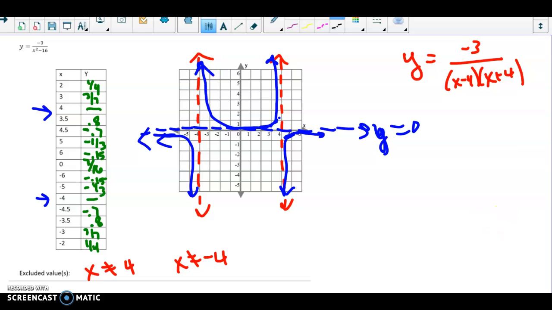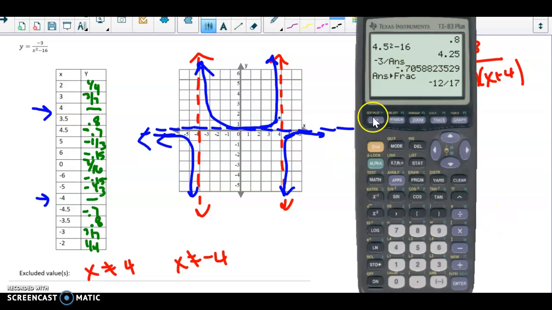Of course, I could have graphed this on here: y equals -3 over x squared minus 16. And look how it just looks odd, doesn't it? These rational functions are tough to see on the graphing calculator. Okay, so you have to use